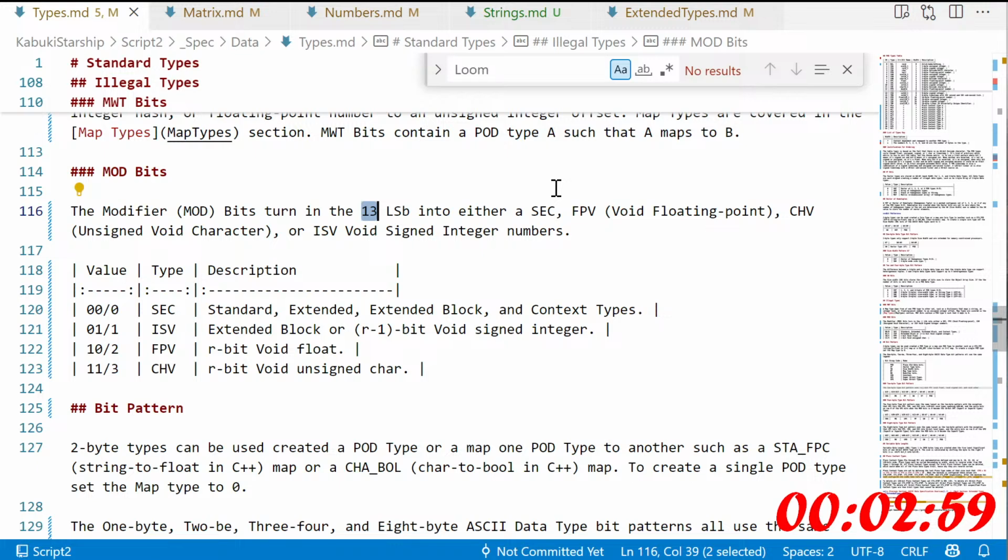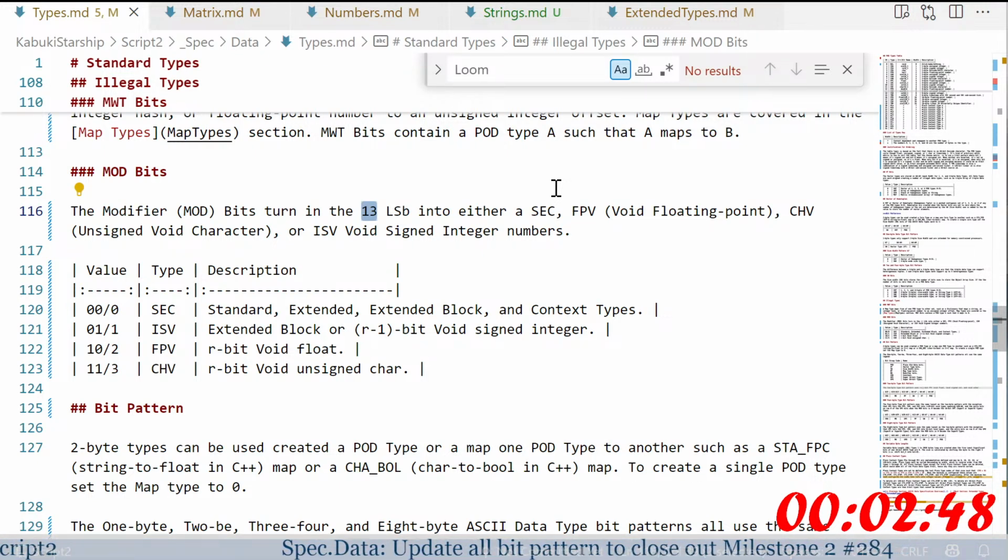So with 13 bits, we could still store our 8-bit mini float inside of there, and by chopping off the 3 LSB, then